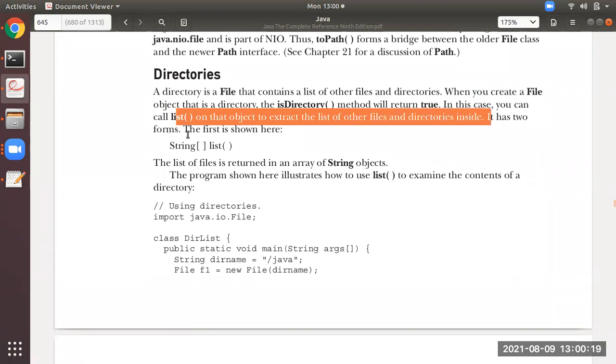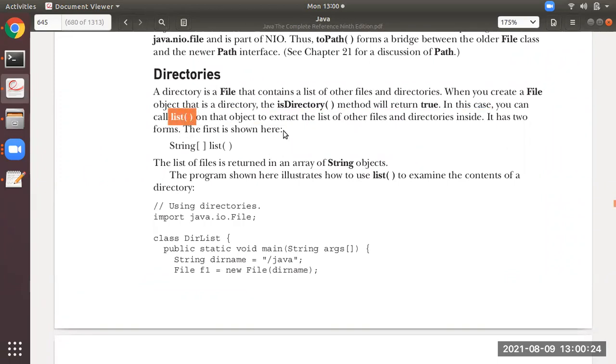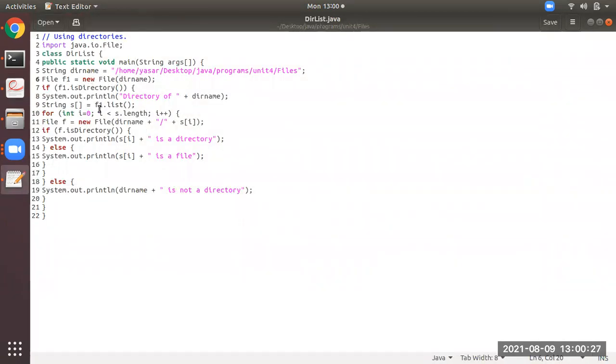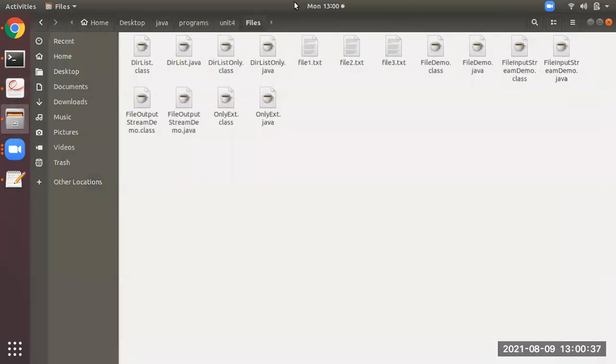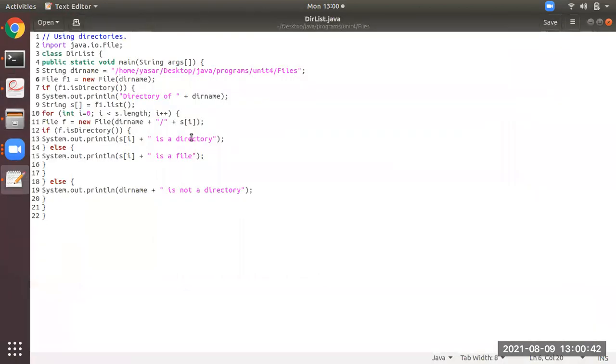I'm repeating again: you can call this method list on the object, that is f1.list. So it will extract the list of files and other directories inside this folder, all this information will be extracted by this method list. So f1.list extracts the complete information, and that is stored in an array. S is an array. In this, everything is stored.